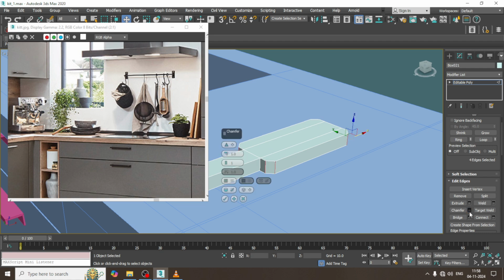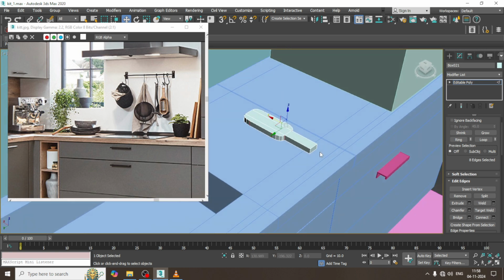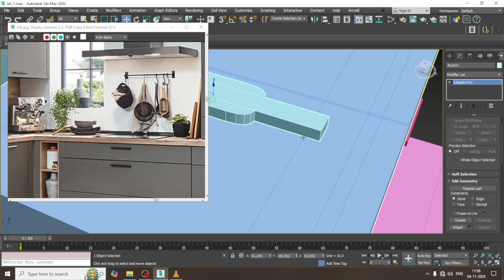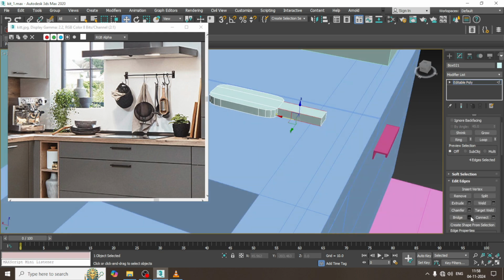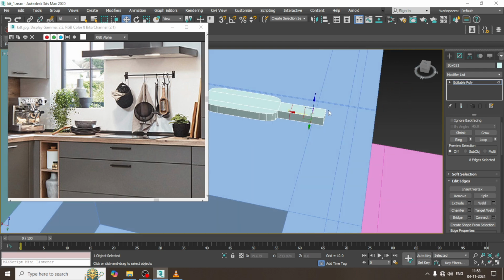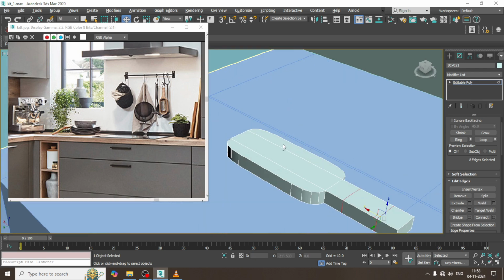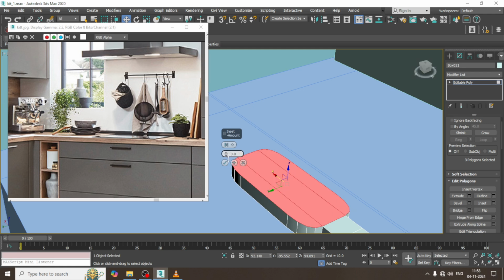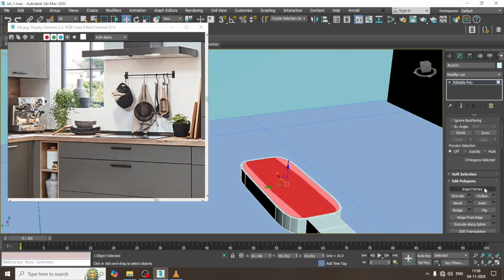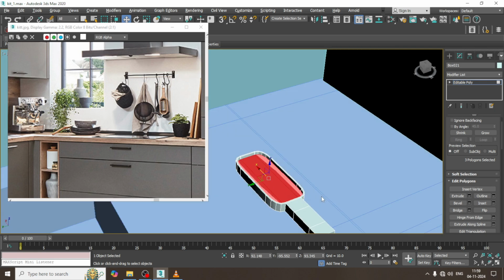And let's give chamfer. Slightly, I can just add a chamfer over here. Select the edges. Let's give one connect. Select the polygons, inset it slightly, extrude it a bit inside,